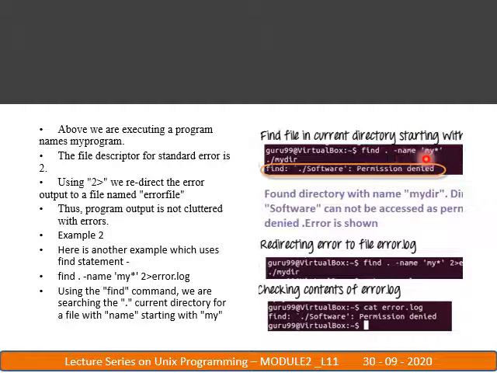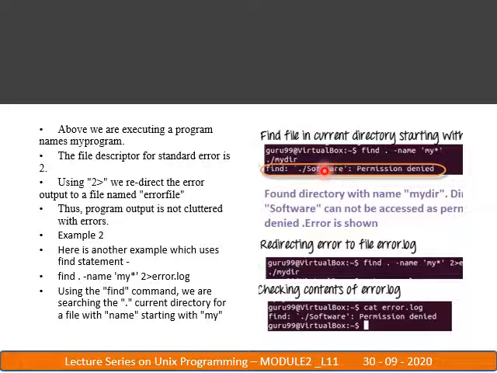If you just give the command with my star from the directory, it shows permission denied. That means we have not been given permission to access these files. So what can be done is redirecting the error to error.log. Checking the contents of the error log, this is the error that is stored in the error.log file.